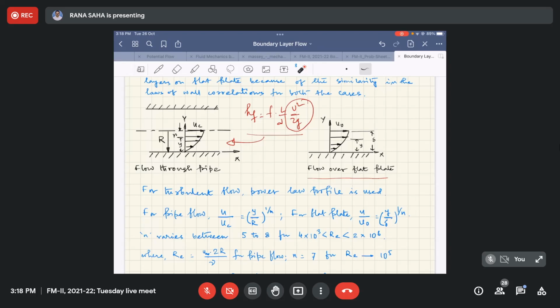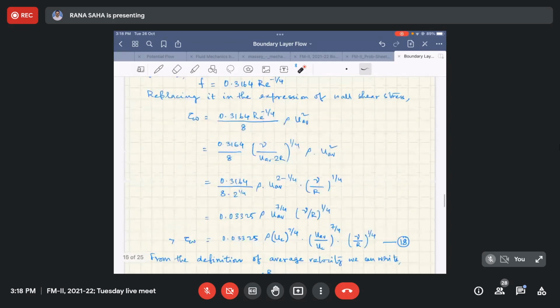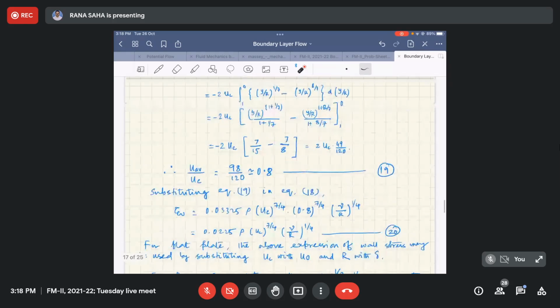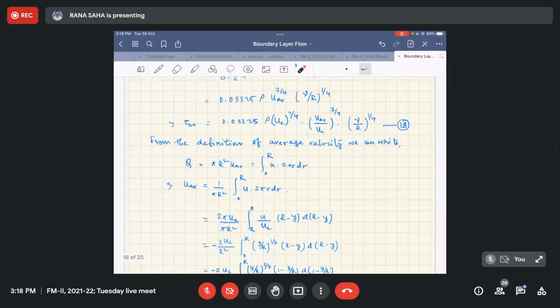In case of flow over a flat plate, the variable small y starts from 0 at y equals 0, right, which is at the solid boundary. And then it becomes maximum at a particular value, that is delta, which is the boundary layer thickness. So here the approach is opposite, isn't it? So that should be kept in mind. So coming back to this particular,